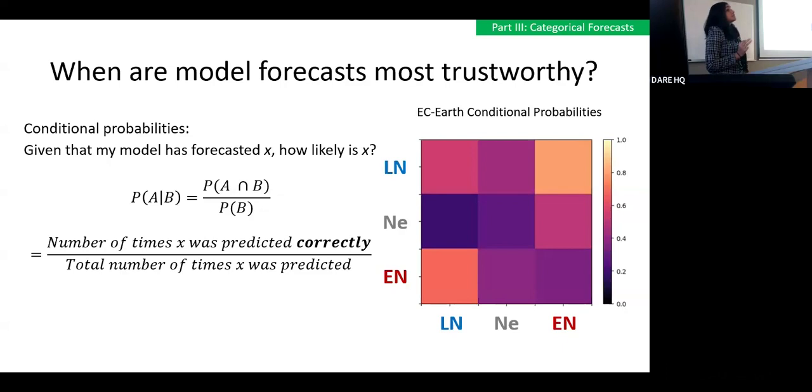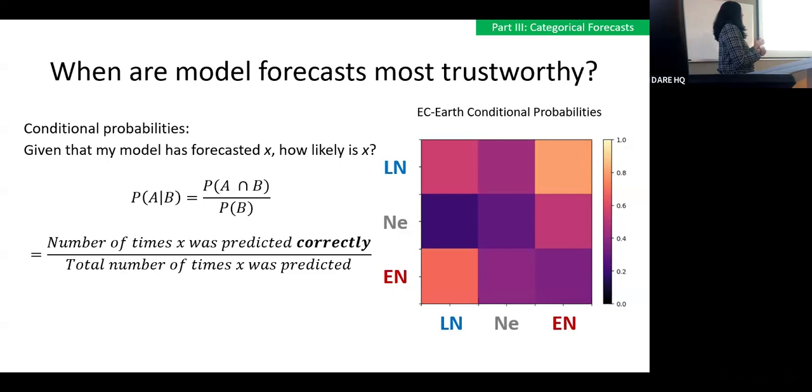Another thing we can do with these categories is assess how trustworthy different models are. So I'm just giving you an example of one finite model. But the situation in which we find ourselves whenever we look at a forecast from the Bureau of Meteorology or whichever agency is that they've made a forecast. Now, how likely is that forecast to come true? So that's what we're going to assess. And setting it up in this categorical way means that it's very easy to frame that question as a conditional probability, right? So given